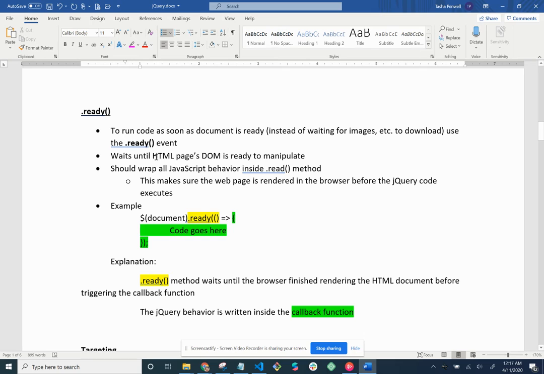So, to run code as soon as the document is ready, instead of waiting for images and other things to download, you can use the ready event. It waits until the HTML page's DOM, the document object model, is ready to manipulate. You should wrap all JavaScript behavior inside the ready method. This makes sure that the web page is rendered in the browser before the